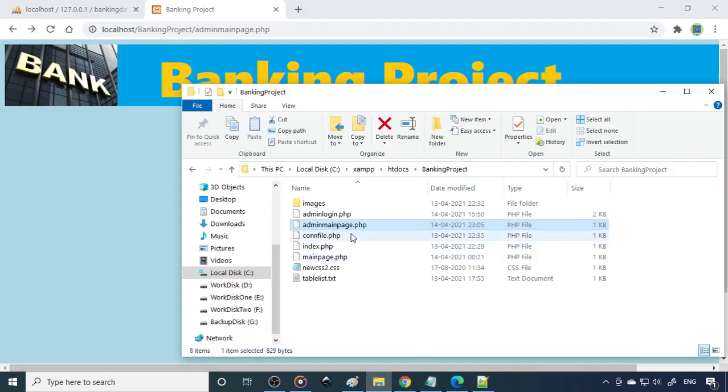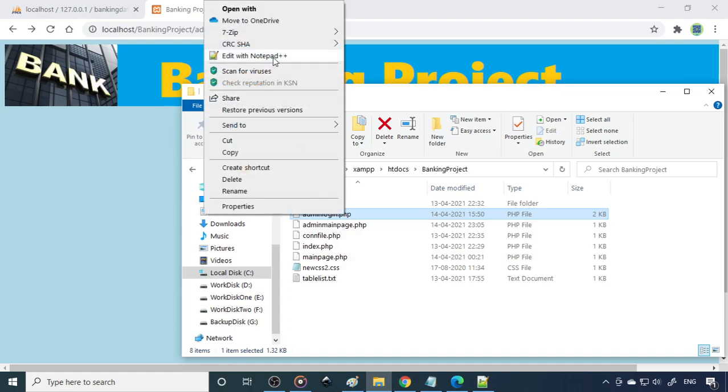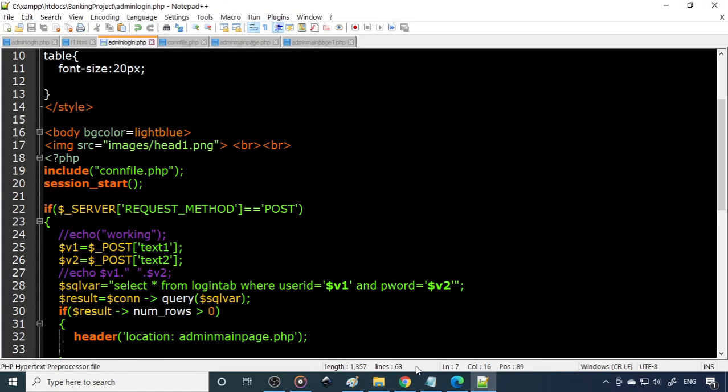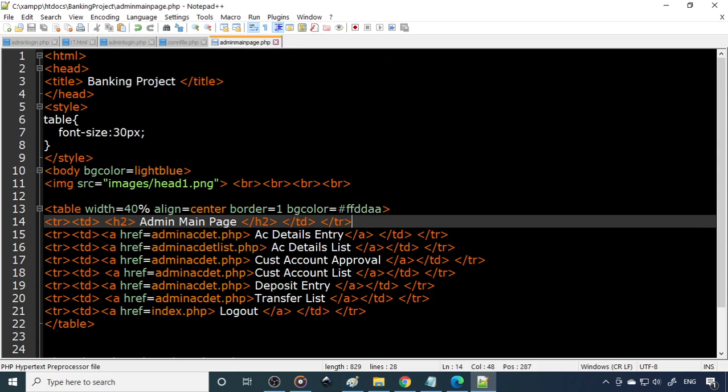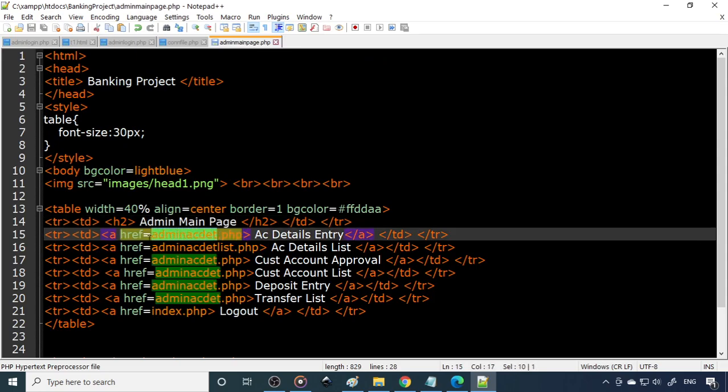So we already have an account login, admin login. So we open this page, right? Then we can save the same file in this name. So this is admin account detail page.